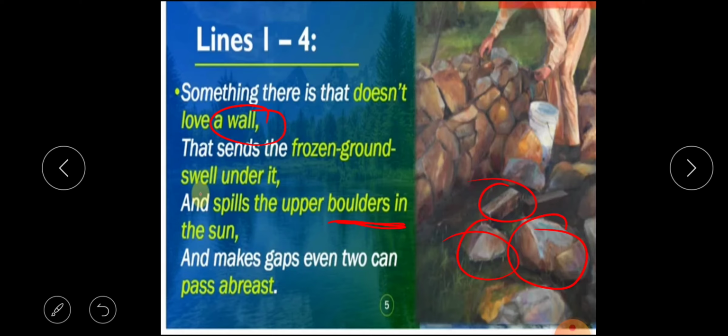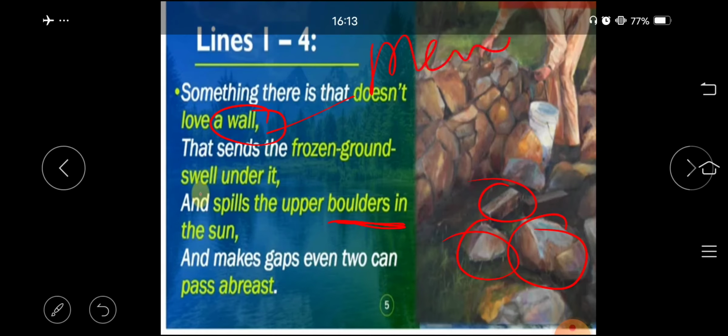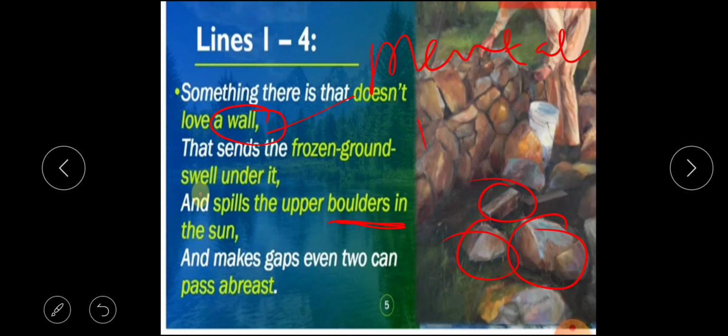And which kinds of barrier there may be? There may be mental and physical, right? So the term wall here presents an example of metaphor to explain both kinds of barrier, which is mental and physical too. When we talk about the next line, that sends the frozen ground,